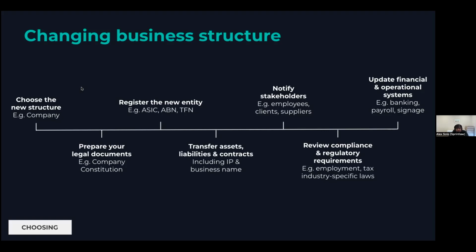So you've got to transfer all your assets, liabilities, and contracts, and notify all your different stakeholders. As part of that process, hey, we're moving to a new company. Can you re-sign our agreements because there's a new operating company that's going to be conducting business. You then got to make sure your taxes and superannuation requirements, if you've got employees, and all those sorts of